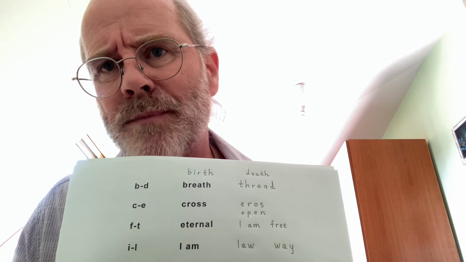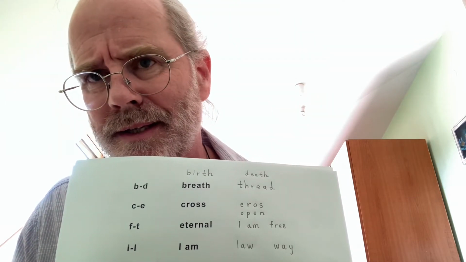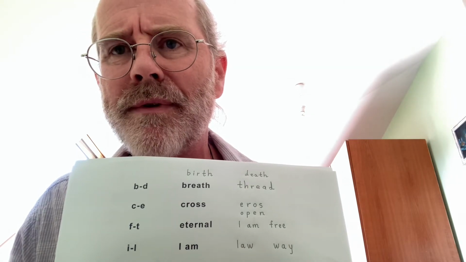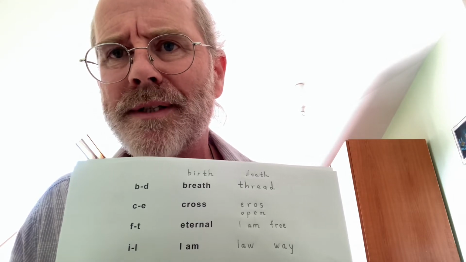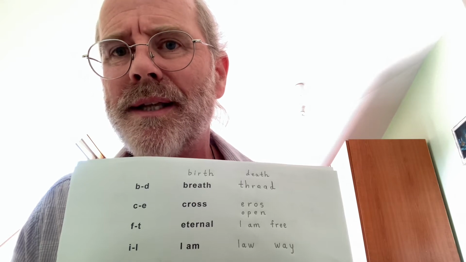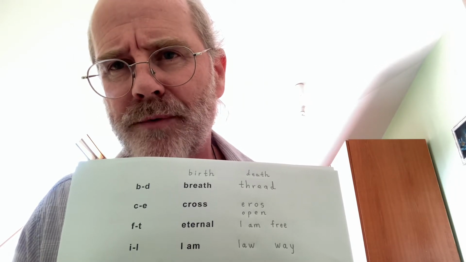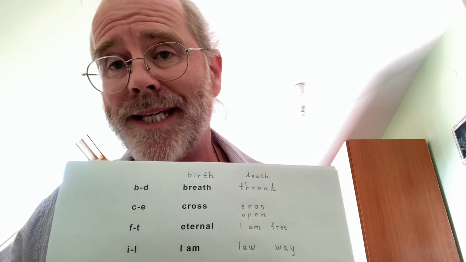And we see this connection between the Old Testament and the New Testament, between Christ and the prophets, very clearly in these connections here. I am, the name of God in Exodus 3:14, law, the Old Testament law and prophets, and Christ himself, who is the way. Way contains I am in reverse. And in case you're thinking that this is just a coincidence, which of course it is,